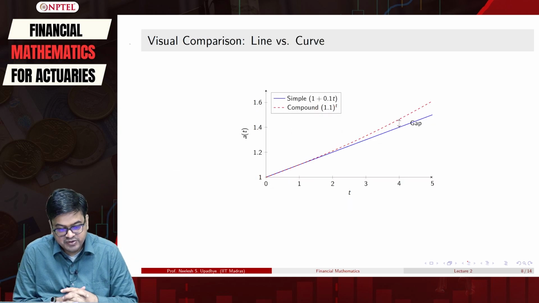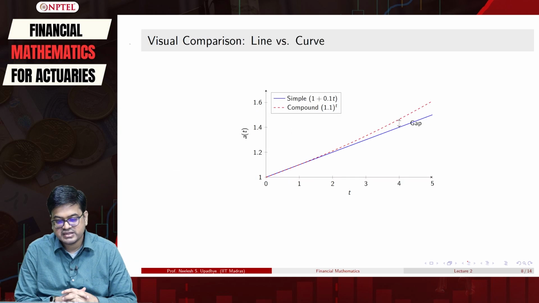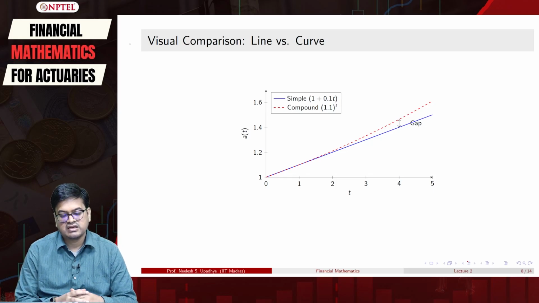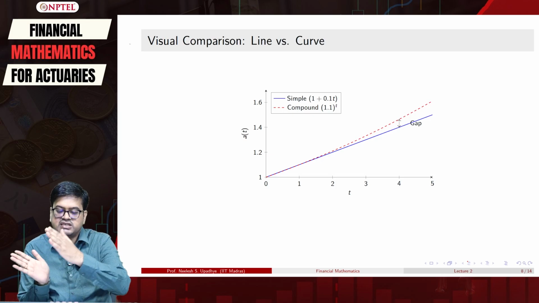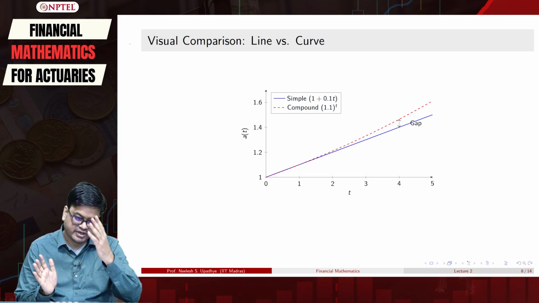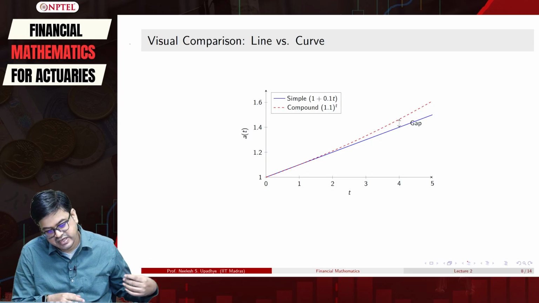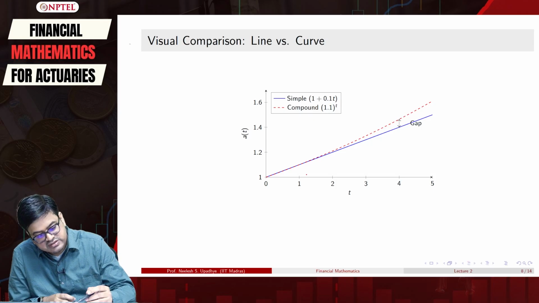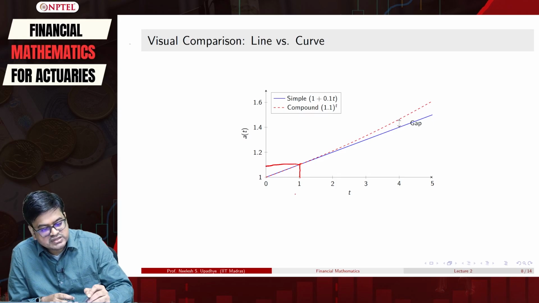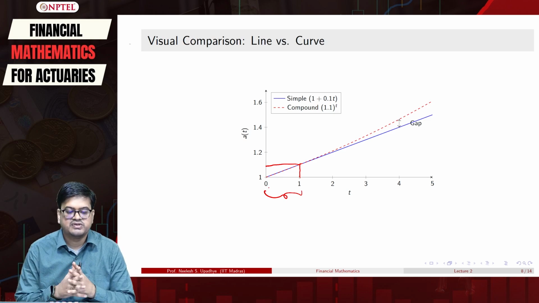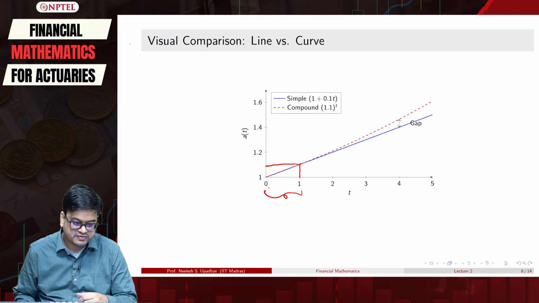And if you look at the compound model and the simple model and compare them, there is a clear-cut gap between the two. And as I mentioned in the last class also, this gap essentially diverges to infinity. Okay. So why should one use the simple interest model? That's the main question, right? The challenge or the advantage of the simple interest model will be clear when you focus on the time interval of this length. Okay. So that's what we will discuss in the next few slides.